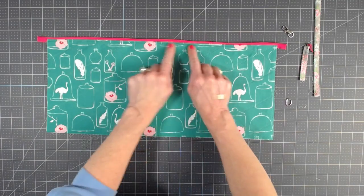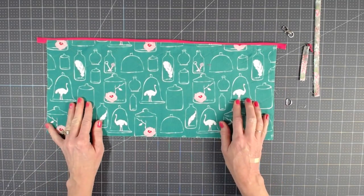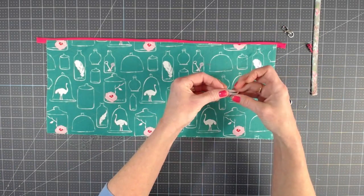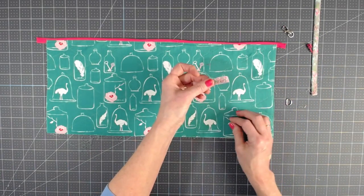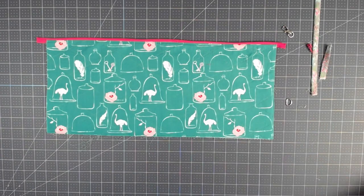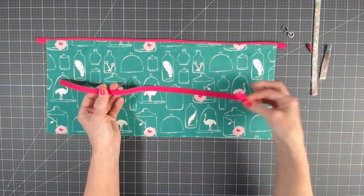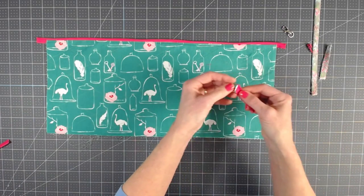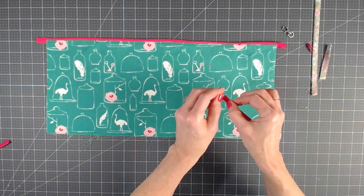Okay, so now that we have the top stitch in place, it's time to add our little tab. Now, if you want, you can use this small one that I have provided in the file or in the measurements that we cut and folded and sewn. But I thought for fun, I'm going to try using the other half of the zipper. I just cut off about a 3-inch piece, and I'm going to put my D-ring in there,